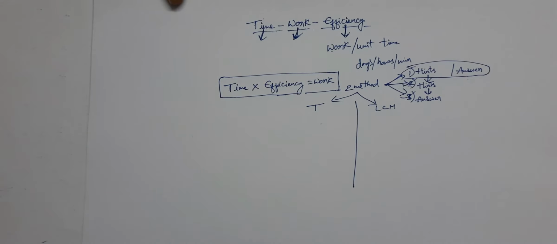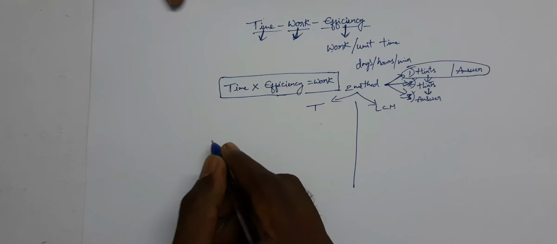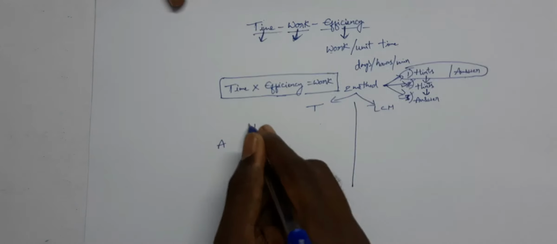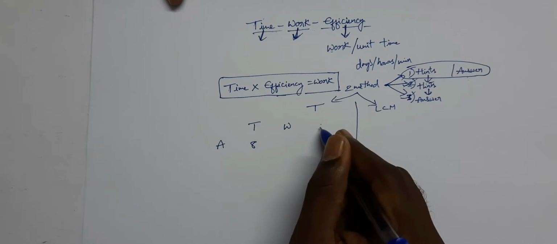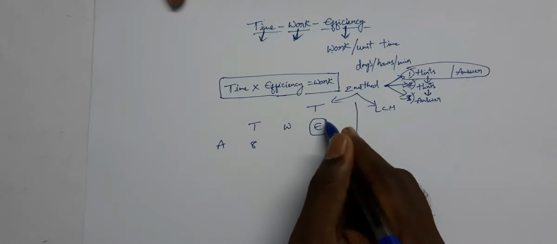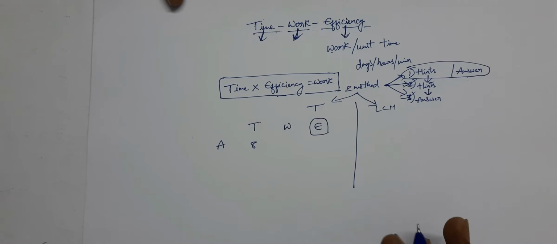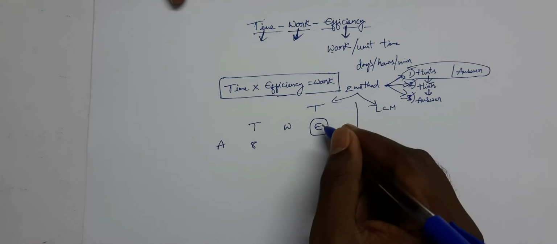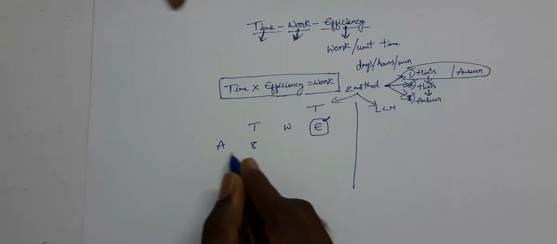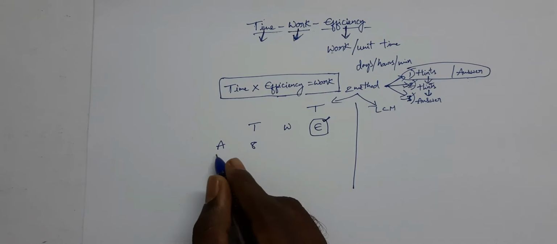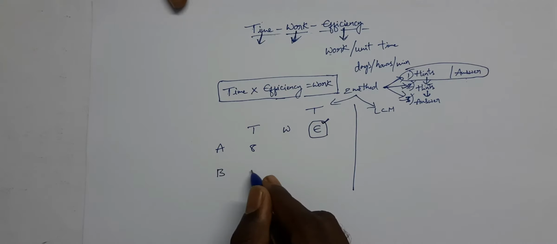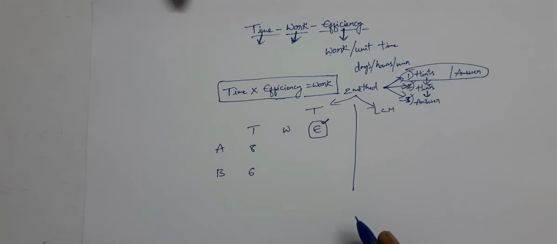In one question, if they give you something like A can complete a work in 8 days, time, work, and efficiency. Finding the efficiencies is our hint actually. Most of the times, not all the times, finding the efficiencies is our hint. If they give us A can complete the work in 8 days and B can complete the work in 6 days,